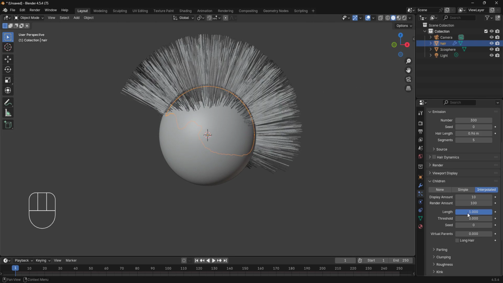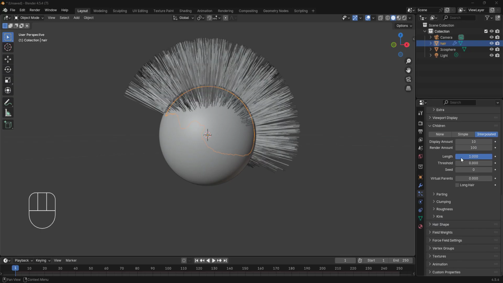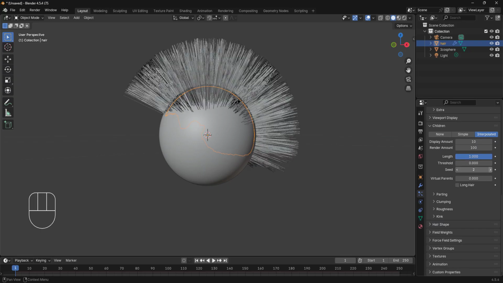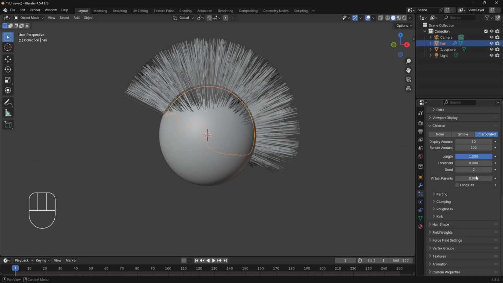A couple other things that you might want to change. We can go into the path and change the B-spline. We can actually check that so it's using the B-spline. Maybe increase that to 4 steps. We could go back to the children and increase the number of seeds, decrease. So you can play around with that to get the thickness you want. Then, once we have that set up the way we want it,